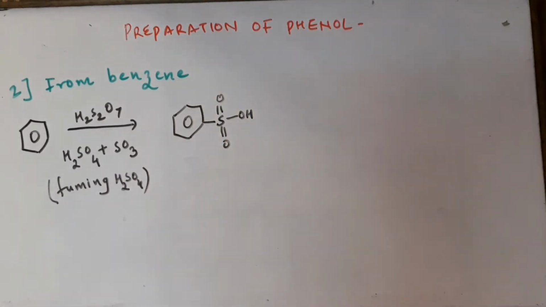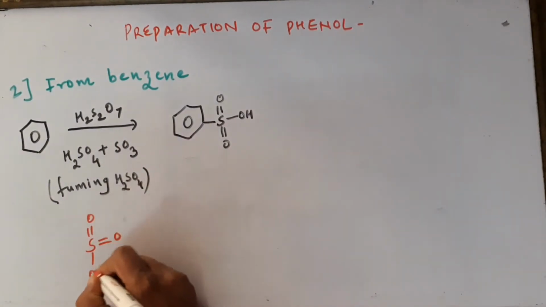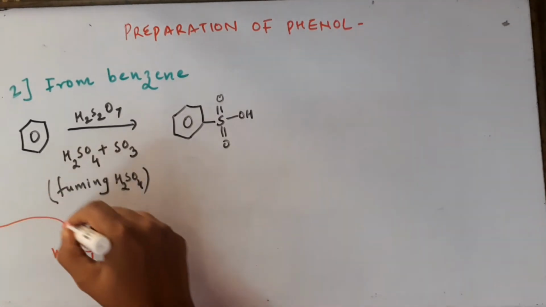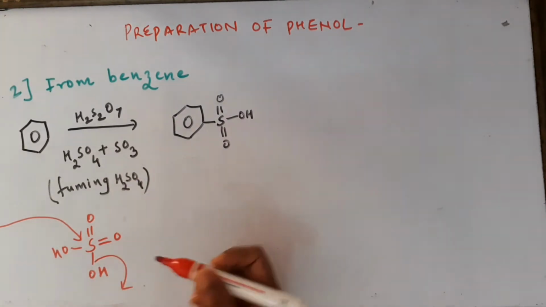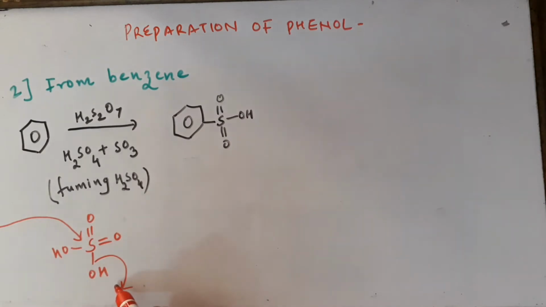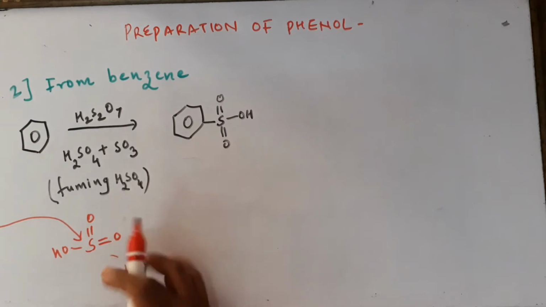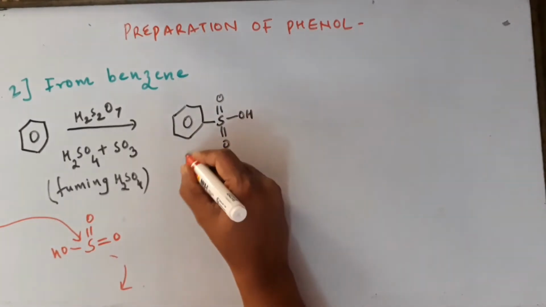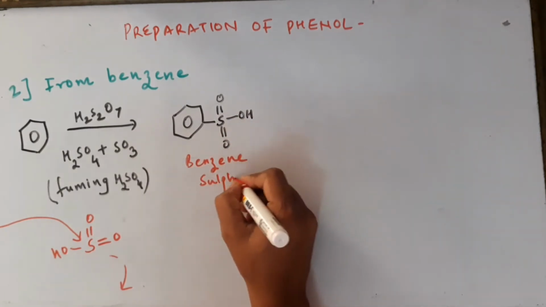Look at that. So if you want to see the reaction, how did this happen, which you already studied in class 11th, you may have a look at it. See, this is the structure of your sulfuric acid. Okay, and when benzene attacks, the electrophilic attack takes place this way. The OH minus will be going out. So from benzene H plus goes out, and from the reagent the OH minus goes out, and this entire group, that is your SO3H sulfonic group, gets attached to benzene. So you get this product, benzene sulfonic acid.